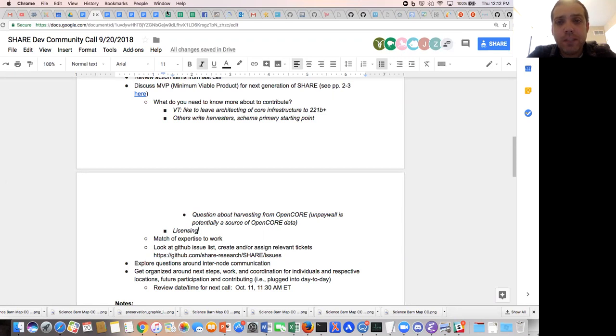Okay. It's very, very complicated. This open core one is specifically complicated, if it is the one, because of the structuring of the terms of use. We've tried to get in touch with them to ask these questions. We should look at Unpaywall's API because I believe they harvested their own data because of this explicitly. So that would be, I think, the thing to do.